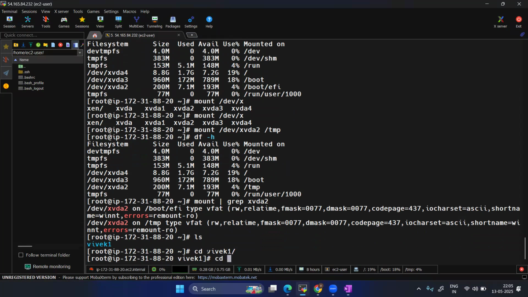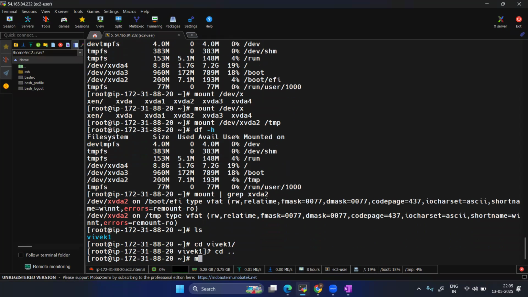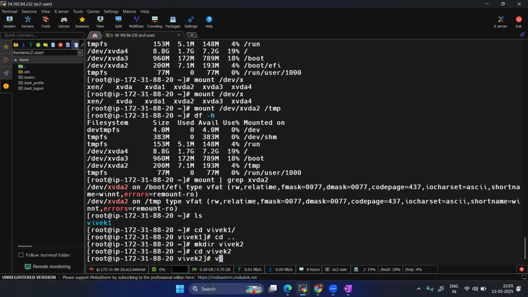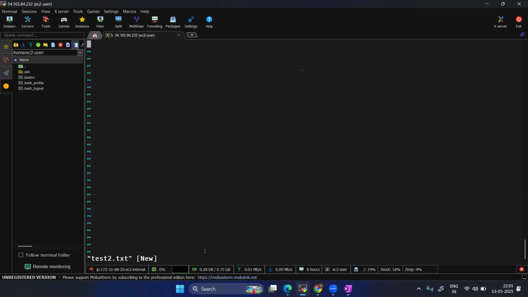I have created one file. mkdir vivek2 created, and cd vivek2, go inside that, create with vi test2.txt and insert: this is Vivek 2 testing with